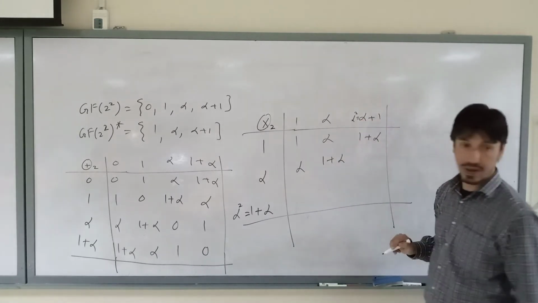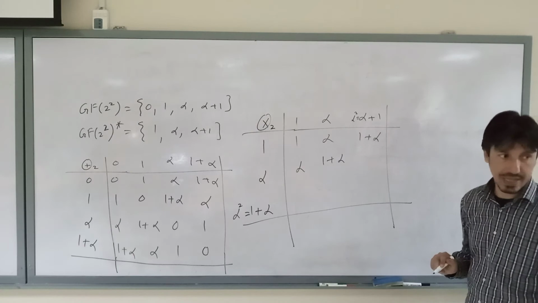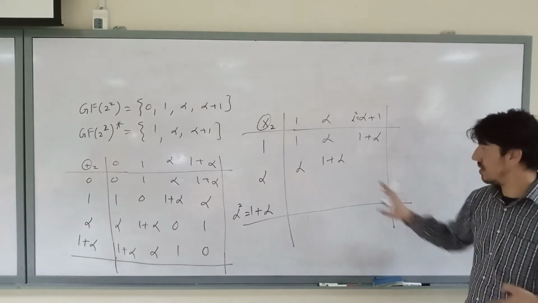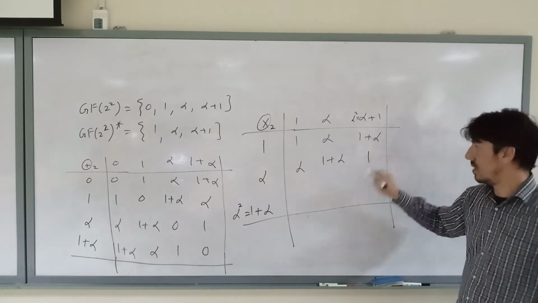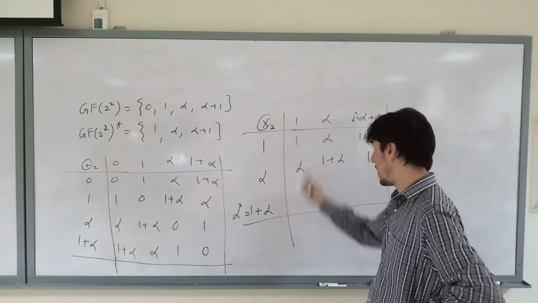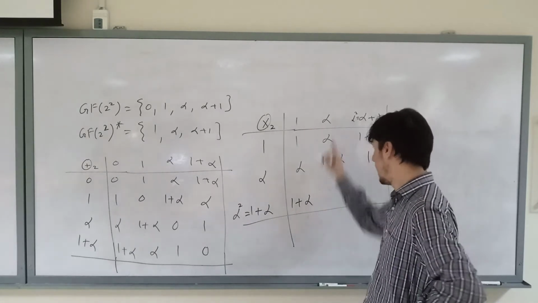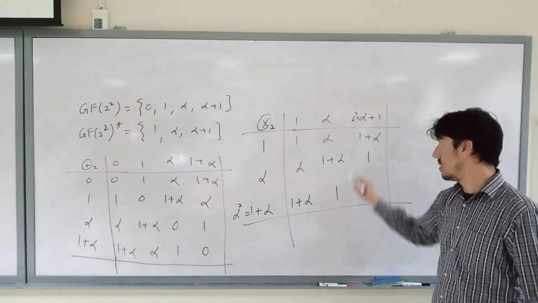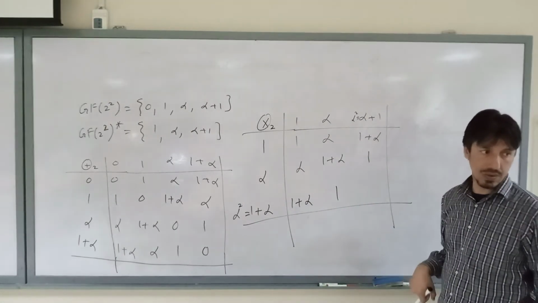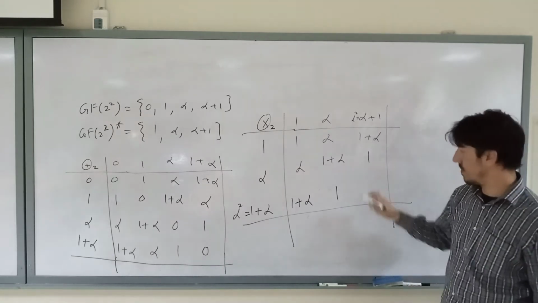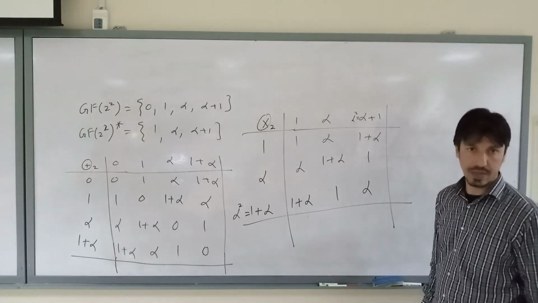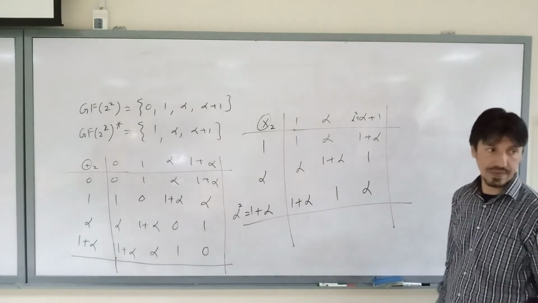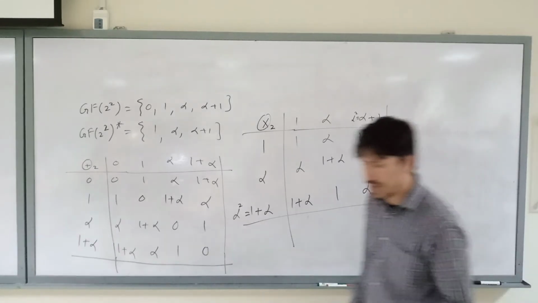अल्फा स्क्वायर alpha अल्फा 3 हो जाएगा ना, और अल्फा 3 किसके इक्विवेलेंट है? 1 के। अभी मैंने करवाया जी alpha 3 is equivalent to 1. So this is alpha square. Alpha square is 1 plus alpha, and this is alpha 3, and alpha 3 is equivalent to 1. So alpha 4 is equivalent to alpha. ठीक है, मेरी बात फॉलो कर रहे हैं आप? तो ये देखें किसी रो किसी कॉलम में रिपीटिशन आ रही है।